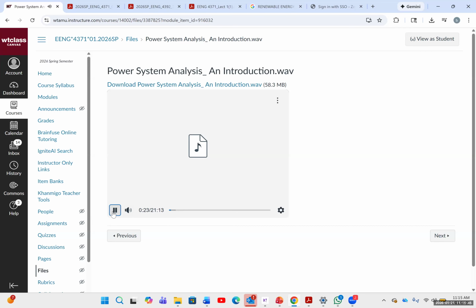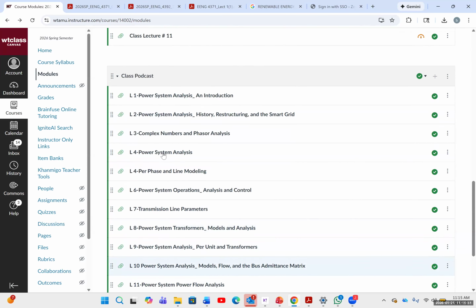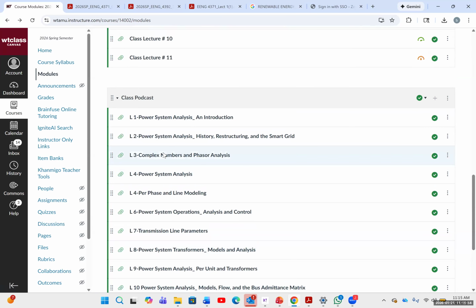And one thing that I want to mention is please utilize this. You can put them on an MP3 player on your phone and play them while you're driving. So if you don't want to go through the materials, or you want to just remember, these podcasts would help you a lot. Each of them is about 30 minutes. Some of them are an hour. But for each lecture note, I have put a podcast that you can use.